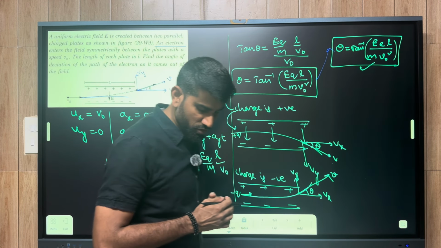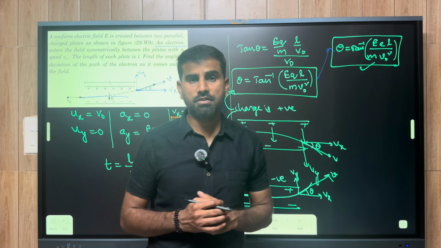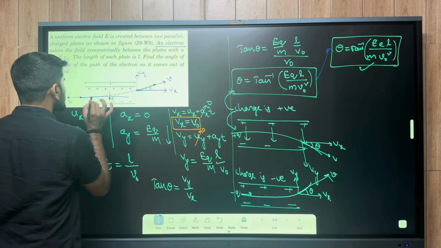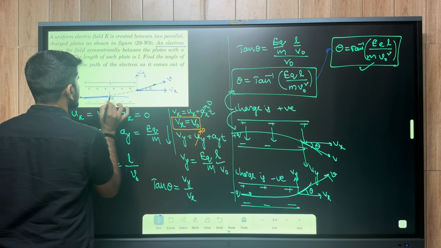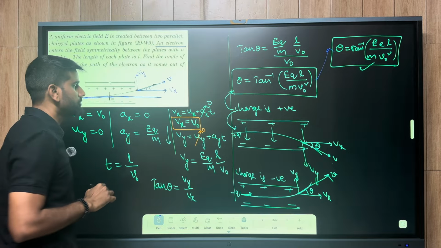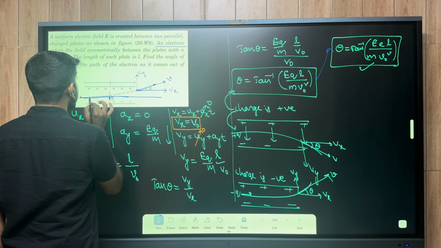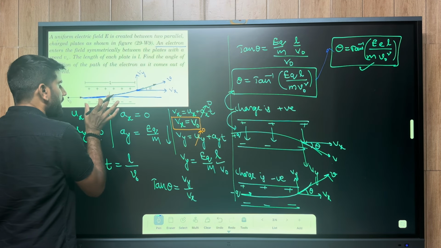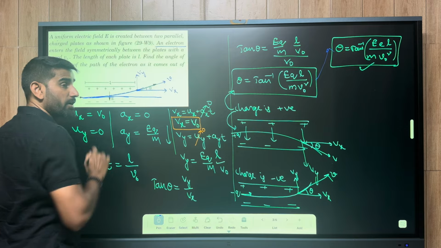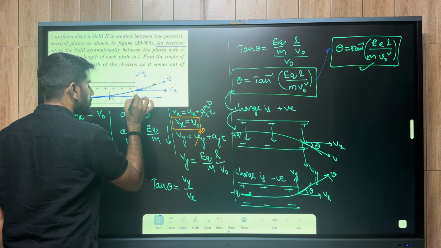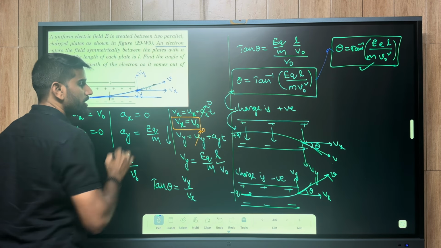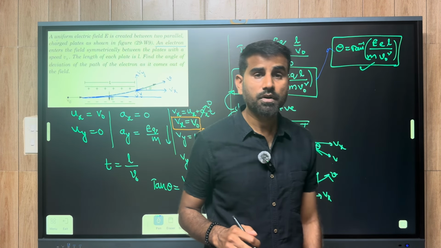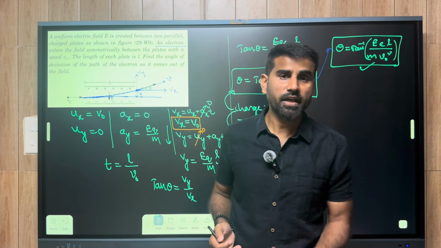And one more thing, I don't want to stop here. I want to extend the question a little further. Listen to me. The actual path direction is this one, right? Actual path is this one, and the path is being deviated in this direction, right? By the time it clears the length of the parallel plates, you may be asked to find the vertical deviation or vertical displacement that the electron has